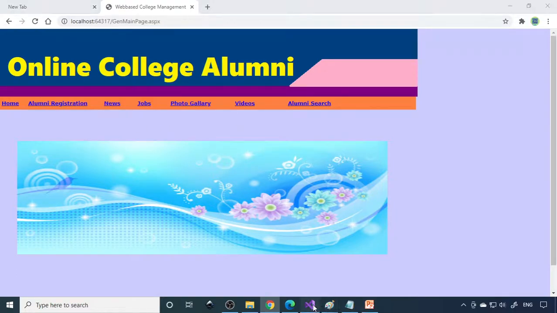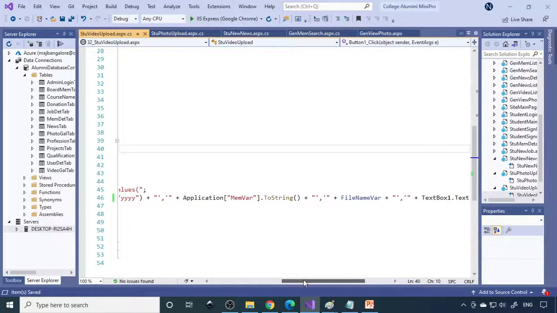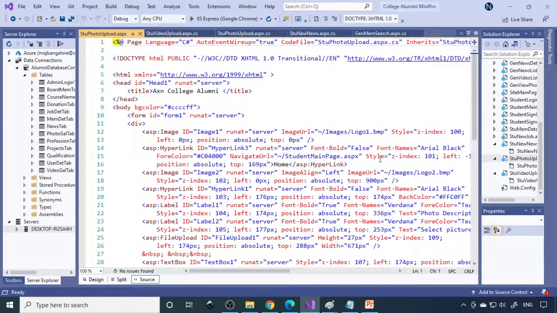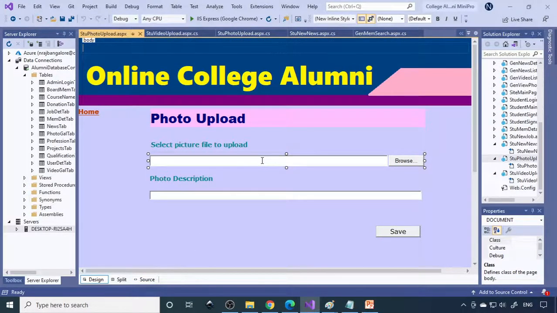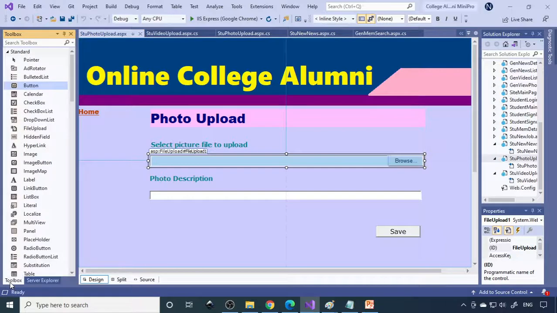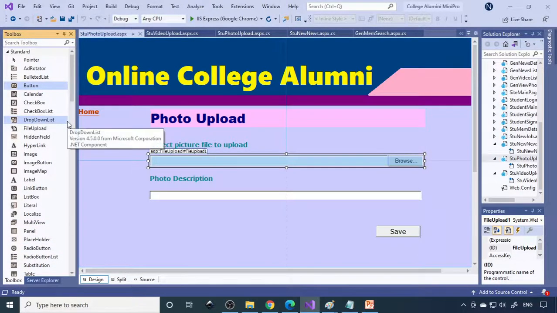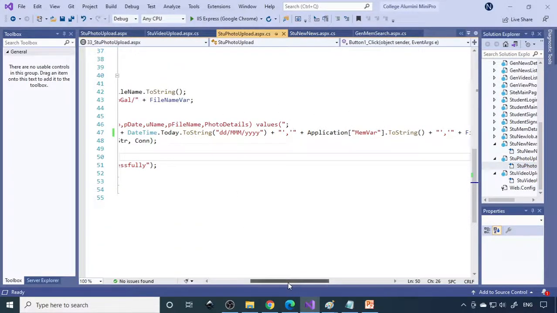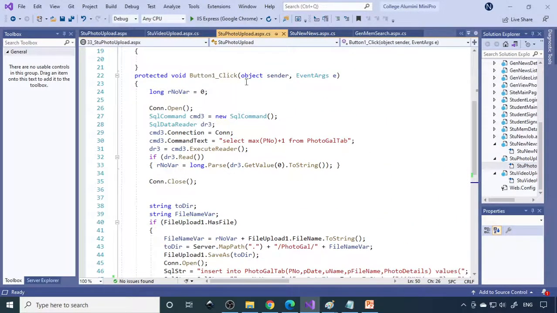So here I can show you how this upload will work. Okay, I'll just show you the file. So photo upload. Here you're supposed to use the control, the file upload control. So if you go to toolbox, here is the file upload control. So that we need to drop over here, and then we need to write the code here. So when you click the button,